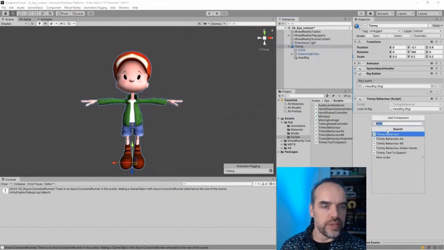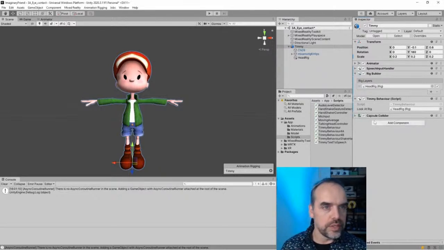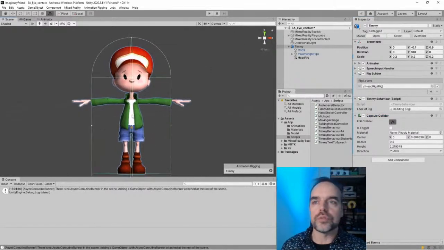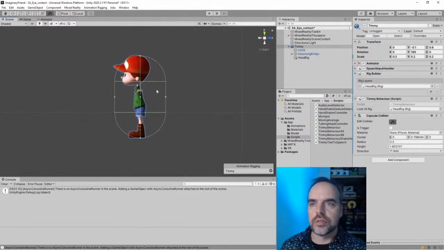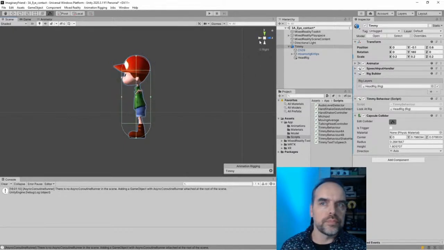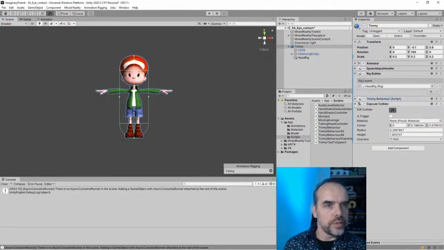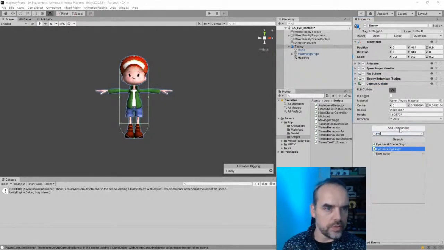So Timmy is over here. We need a collider, capsule collider. I'm going to use that. And let's see what that looks like. Go to orthogonal. Make it fit the character more or less. Go to the right, you can make it a little bit more narrow. Well, that should be enough, I think. Front. Okay, so we have a collider, and now we can add the eye tracking target script,